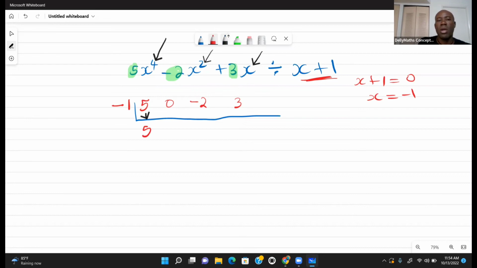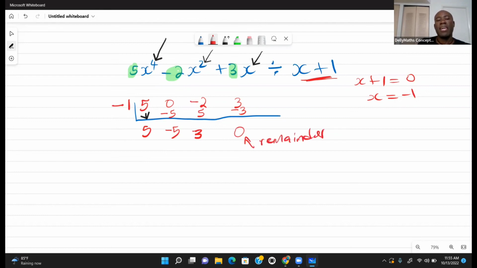The process remains the same, where we're going to multiply, then add. So we're going to multiply negative 1 times 5. Negative 1 times 5 will give us negative 5. And 0 plus negative 5 is negative 5. Then we're going to have negative 1 times negative 5, and that is going to give us positive 5. Positive 5 plus negative 2 will give us positive 3. Then we're going to have negative 1 times positive 3, and that's going to give us negative 3. When we add 3 plus negative 3, we get a 0. Hence, our remainder